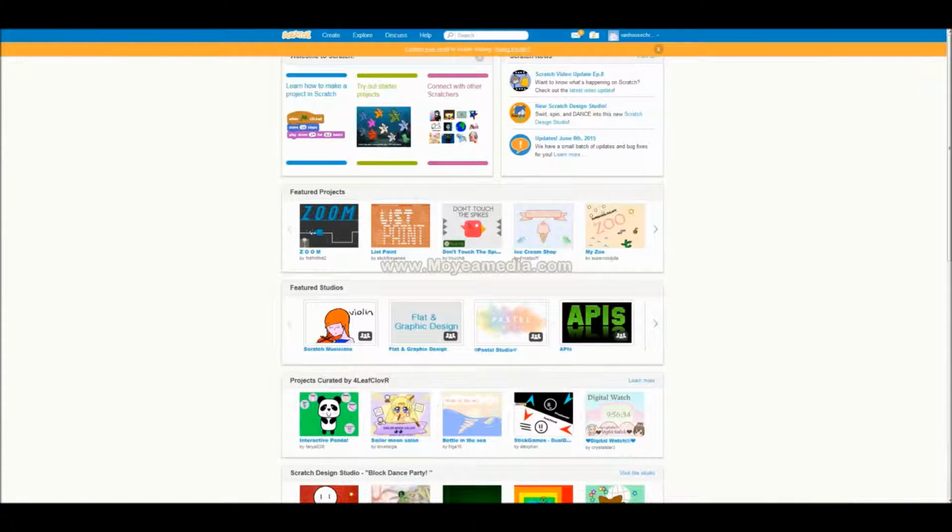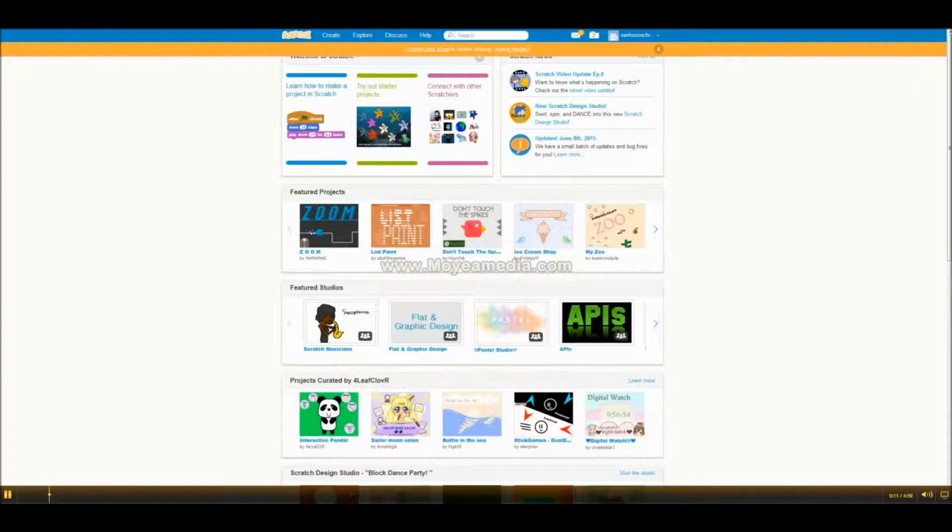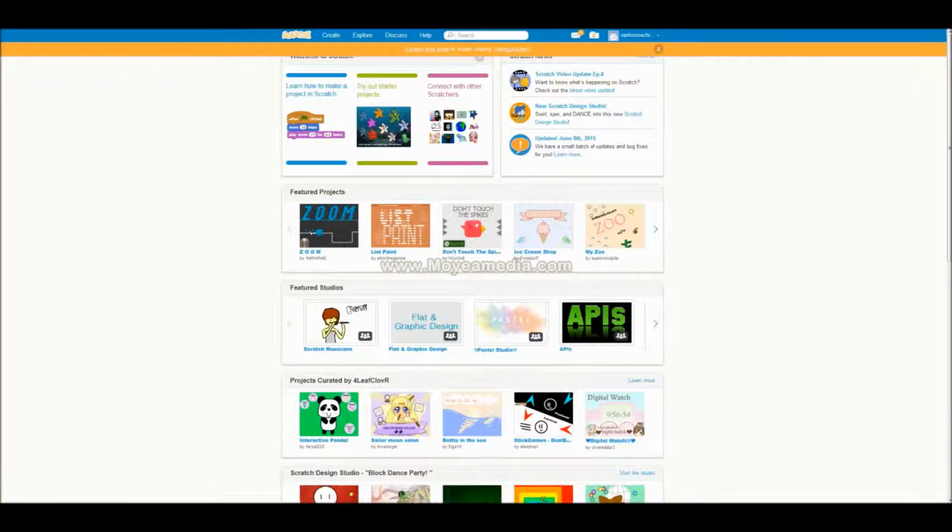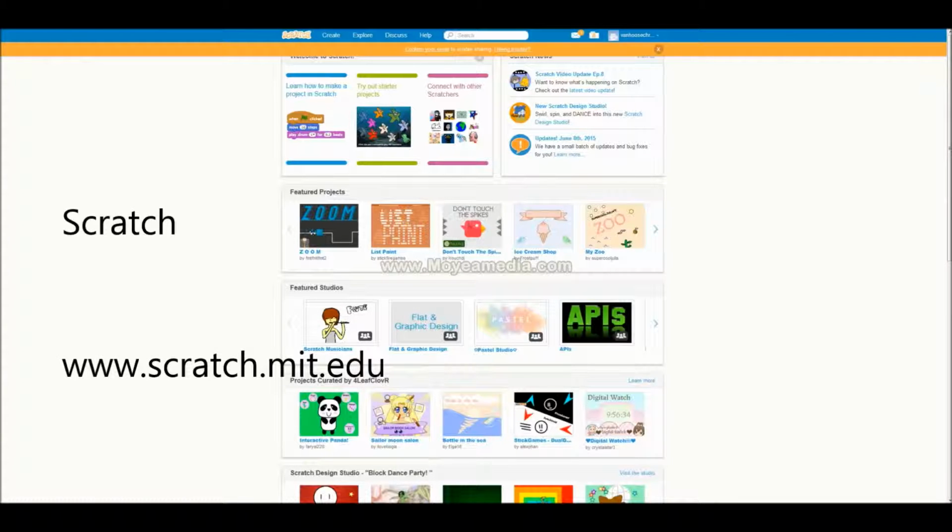Okay, guys, so today we're going to learn about a new tool. We're going to be using it in our class. We're going to be trying to share some of the things that we create using it, okay? The tool is called Scratch. It was created by students at MIT for elementary students to learn programming languages. It's pretty cool. So the first thing we do is we go to